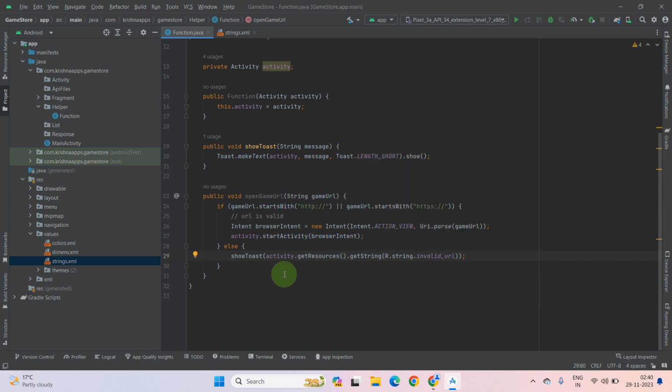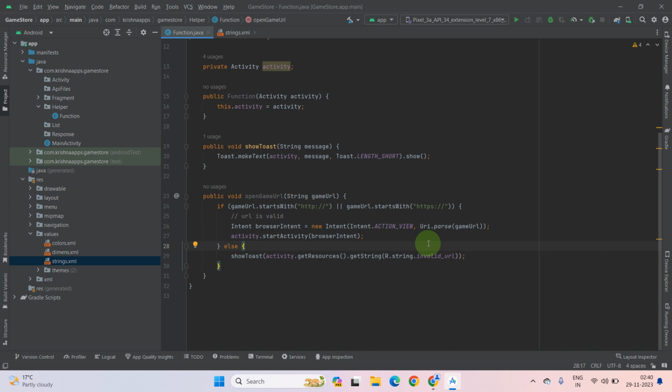So in the entire project, you should use the colors, dimens or strings like this. Okay, I hope you understand. And one more thing is that you can also remove getResources, and it still works, as you can see. Then why have I used this getResources? Why? Because